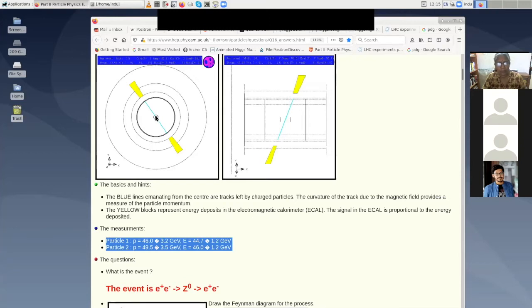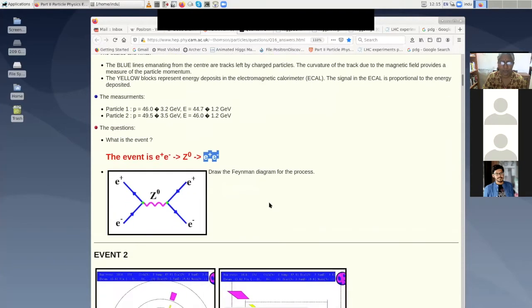Let us say that through the beam pipe, it has come. I don't know, you can't see my finger, I guess. Let us say that this is the screen, and in the view that I am showing you on the left-hand side, the electron is coming into the screen, and the positron is approaching the screen from behind, and they have collided at the central part. The final state electron and positron have gone this way, and you can see it in two views. They are back to back, and then it adds up to the mass of the Z boson. Up till here is okay. Each process is very nicely graded so that it becomes more and more complicated.